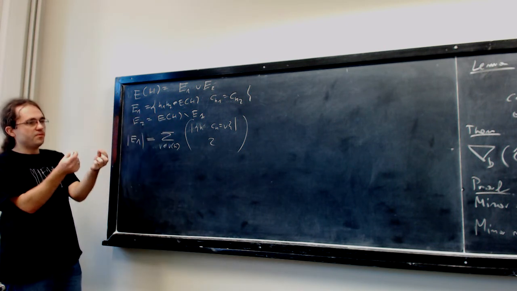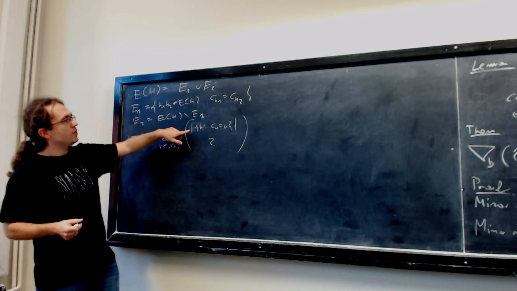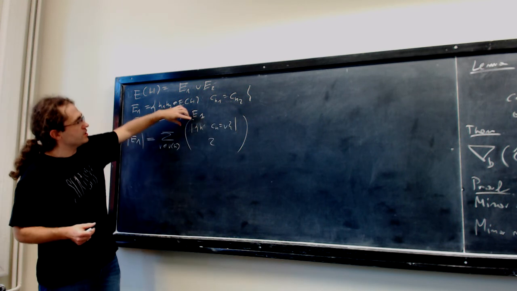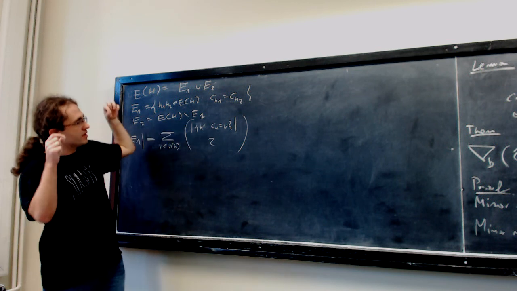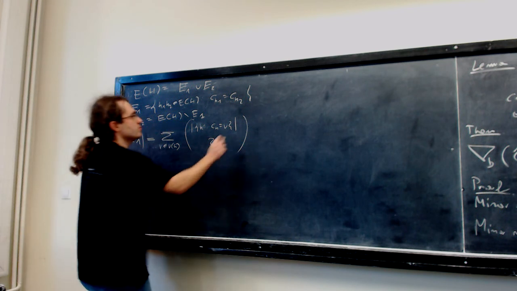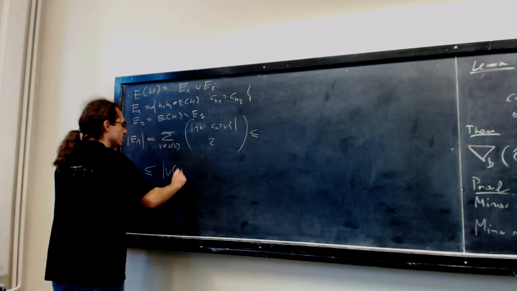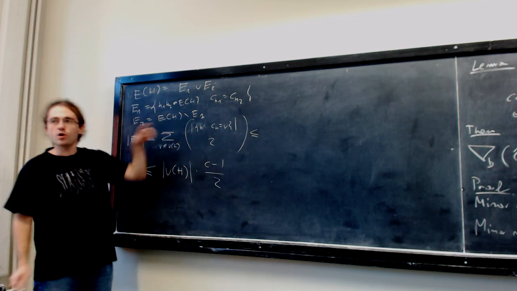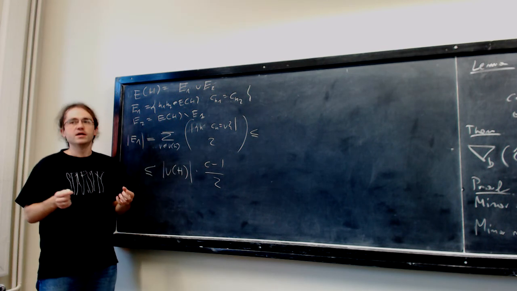Well, the number of pairs that collide with the same center. That means that for every vertex in G, we look at how many edges have this as a center, and every pair of these is counted. And I want to bound it brutally by just the number of vertices of H times c minus 2. Okay, because the worst case is, I mean, this is an easy inequality,